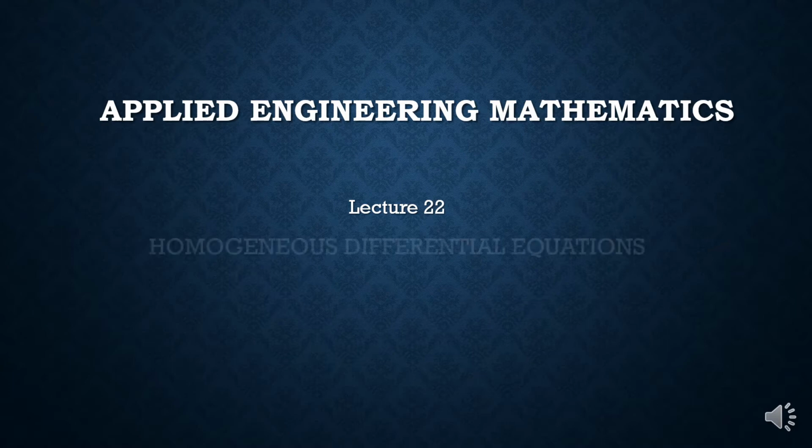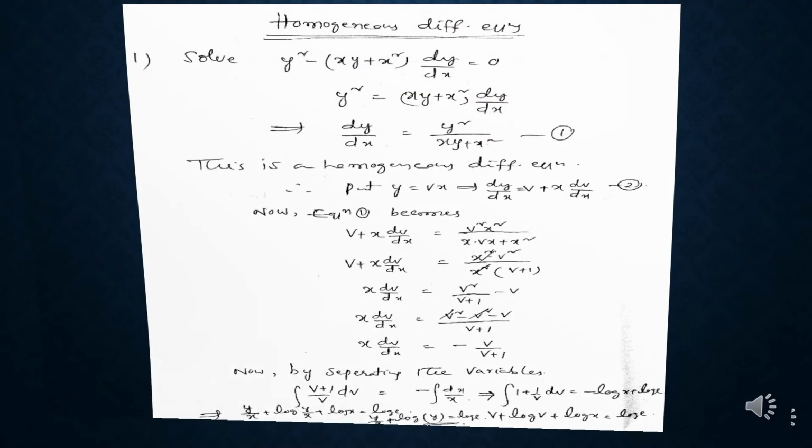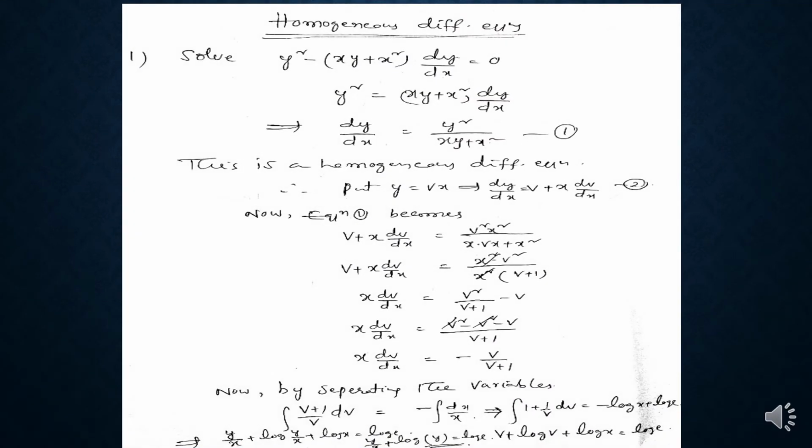So, what is the procedure to solve the homogeneous differential equation? If it is confirmed as a homogeneous differential equation by observing the numerator and denominator degrees, that is, the degrees of all the terms are equal, then we can say that it is a homogeneous differential equation. To solve it, put y is equal to vx and differentiate with respect to x, that is dy by dx is equal to d by dx of vx, that is dy by dx is equal to v plus x dv by dx.